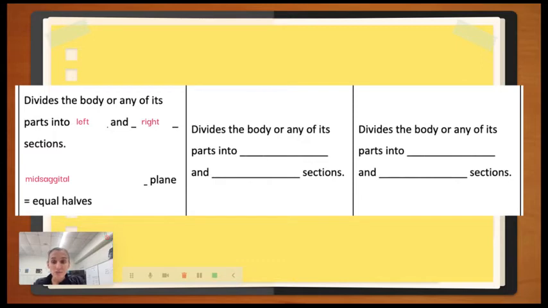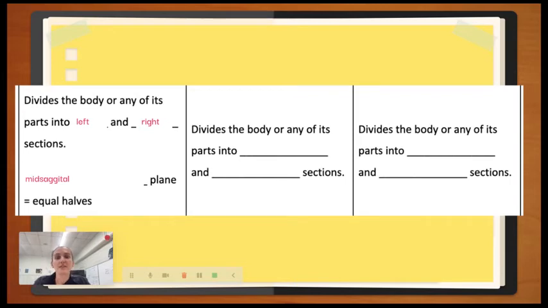If you're doing a sagittal plane, it could be anywhere. It could be right down the middle. It could also be a cut right here, where I just have this little sliver of my face on one side and this giant part of my face on the other. It could be the other way, where the major part of my cut is on this side of my face, and then just a tiny bit over here. So mid-sagittal is the only one that means that you're dividing in exactly equal halves. If you just say sagittal, all you know is that you're cutting left and right. You don't know where. If it's in the middle, if it's 1/4 and 3/4, if it's 2/3 and 1/3, not quite sure. Okay?